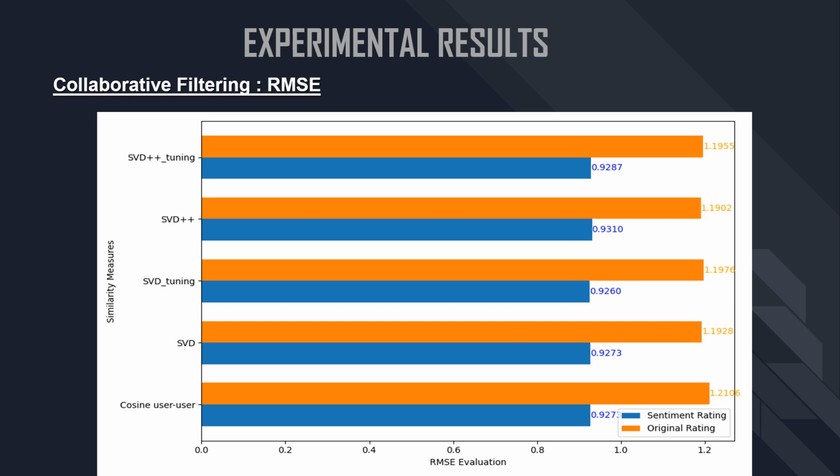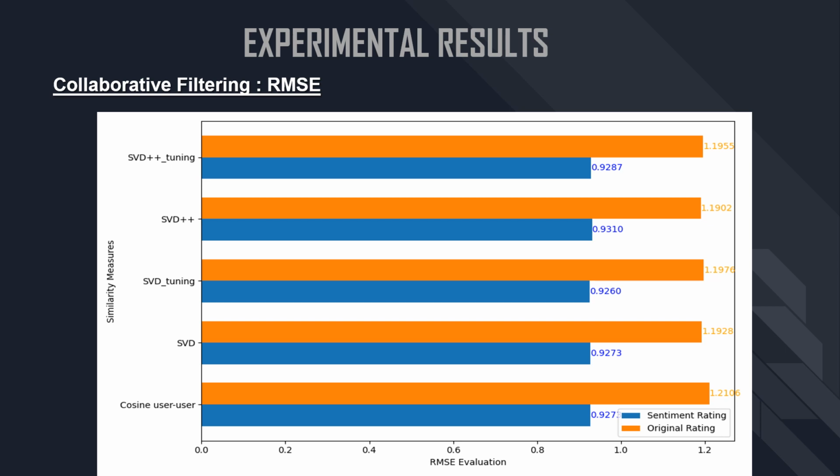The figure presents a bar plot that compares the RMSE evaluation for different similarity measures used in collaborative filtering. The methods being compared are cosine user-to-user, SVD, SVD tuning, SVD++, and SVD++ tuning. The plot includes two sets of bars, sentiment rating in blue and original rating in orange. Interestingly, SVD tuning demonstrates the lowest RMSE of 0.9216 for sentiment rating, indicating its efficacy